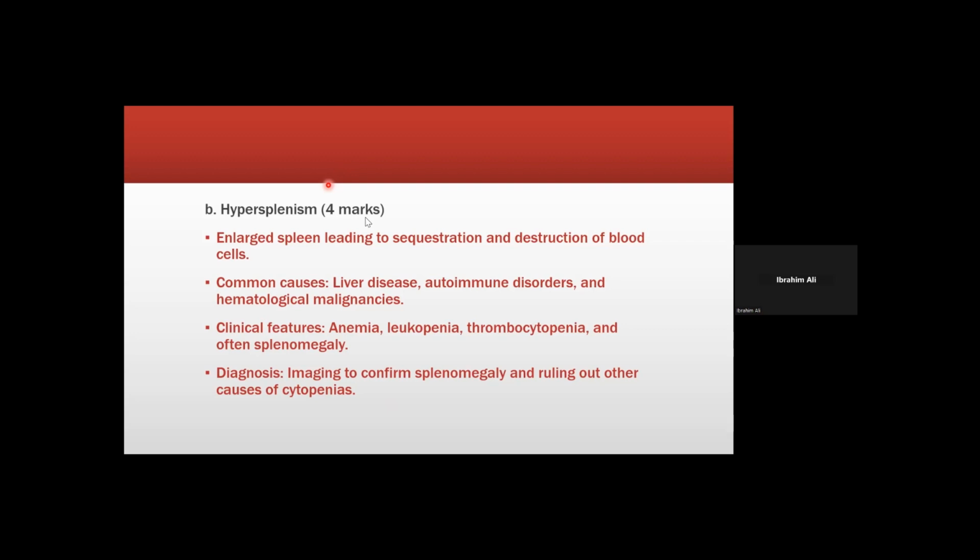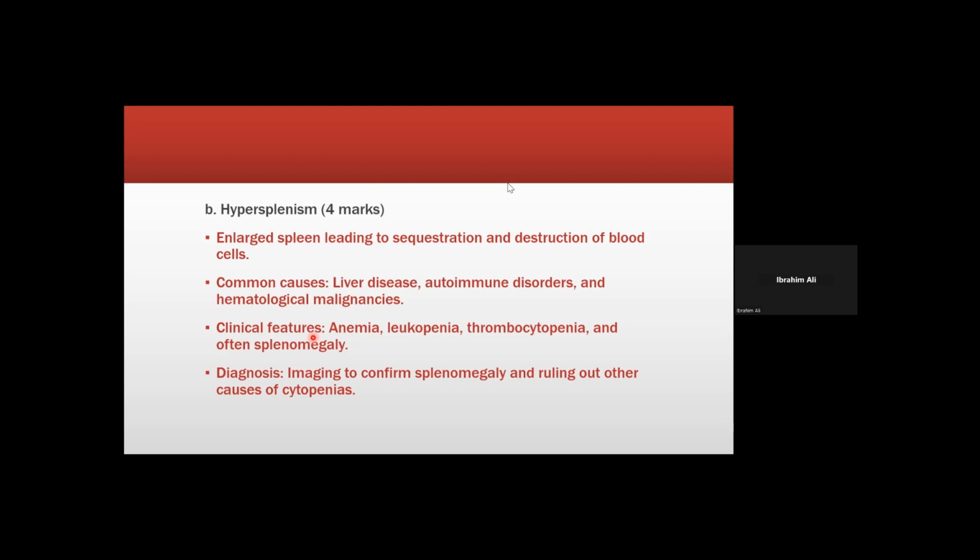The clinical features of hypersplenism can be anemia, just like in bone marrow failure, leukopenia, and thrombocytopenia, and hypersplenism most of the time leads to splenomegaly. You can diagnose hypersplenism through imaging to confirm splenomegaly, while ruling out other causes of cytopenias like bone marrow failure and drug-induced